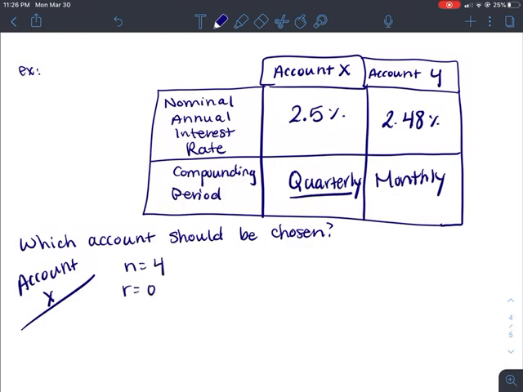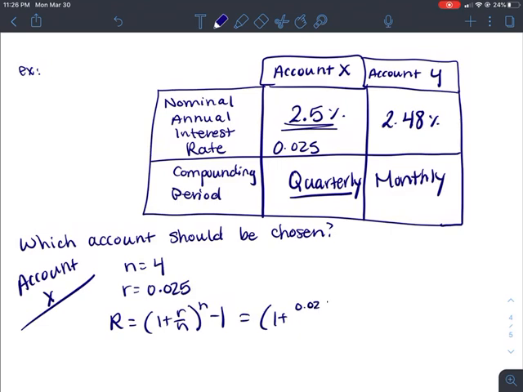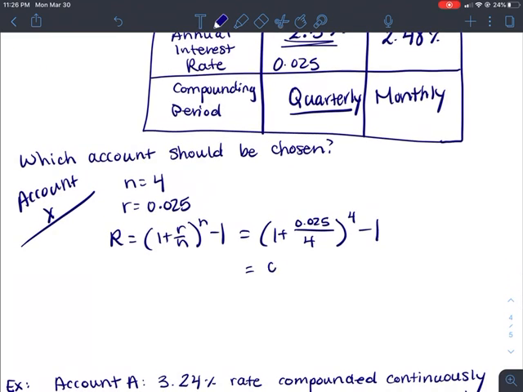My r equals 0.025, okay? So I'm going to use this and plug this into my equation. So R equals (1 plus r over n) raised to the n power minus 1. So I'm just going to plug this in. So I'm going to get 1 plus 0.025 over 4 raised to the 4th power minus 1. Okay, so this gives me